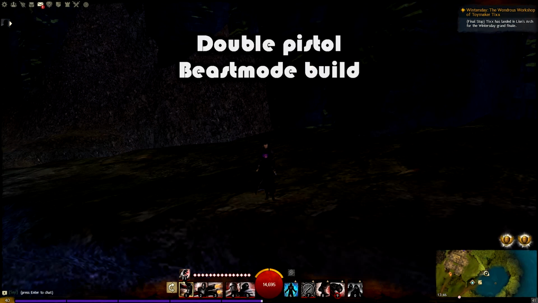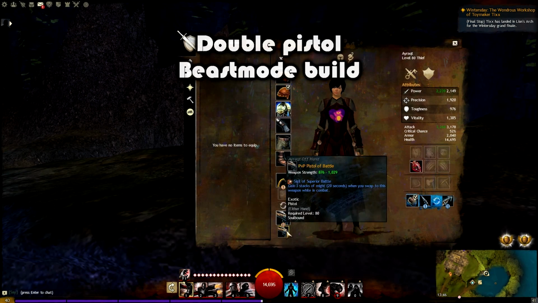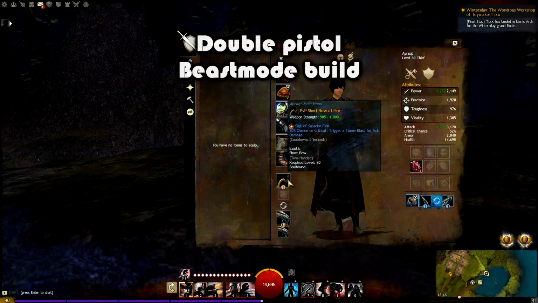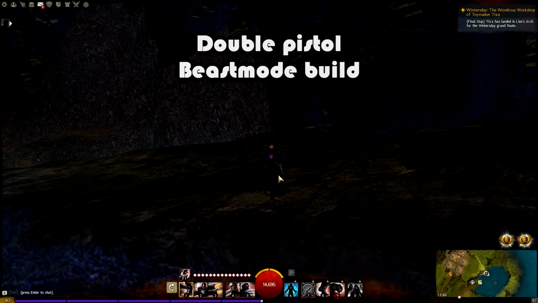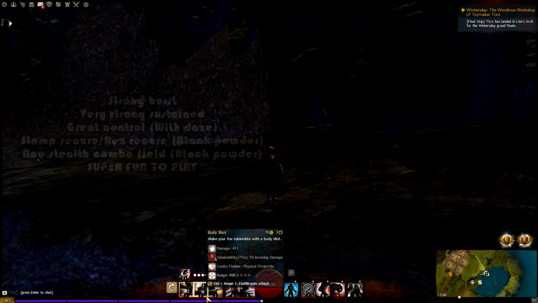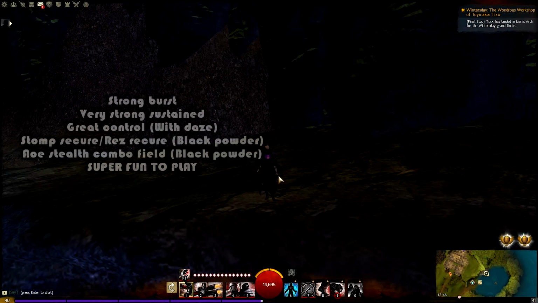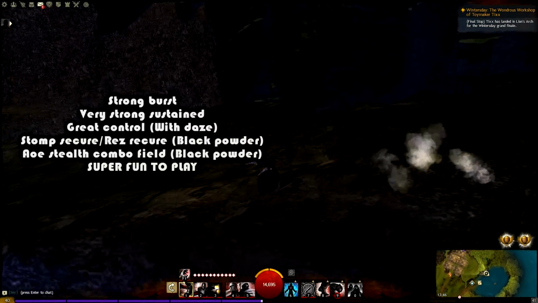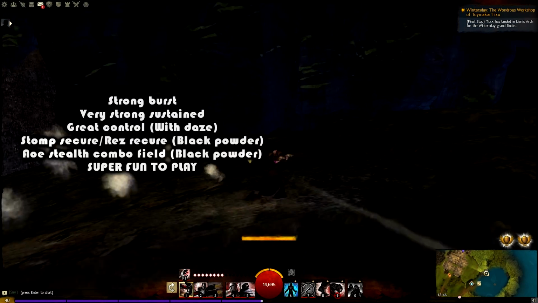Now the build I'm covering is double pistol bow. This bow is optional, I just use it for mobility at the moment, but you can swap that out. This build has crazy high burst, almost as high as backstab, though not quite as high. But it does have ranged, consistent damage, and it's very fun to play. Ridiculously fun to play, and I'd really recommend trying it out, as it's one of my favourite specs in the